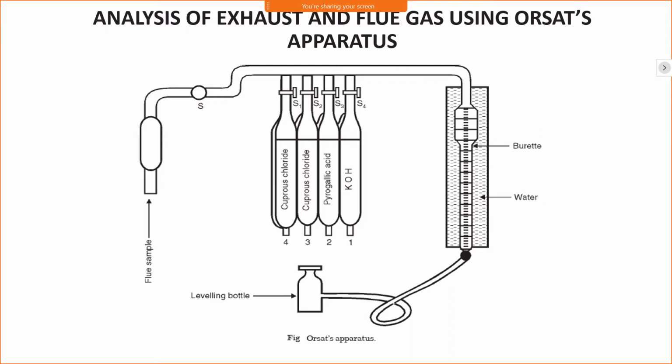is less, in that case we will get a large amount of carbon monoxide. If the air fuel ratio is high, that is a lean mixture, then we will get a large amount of carbon dioxide as well as the presence of oxygen in the exhaust gas.